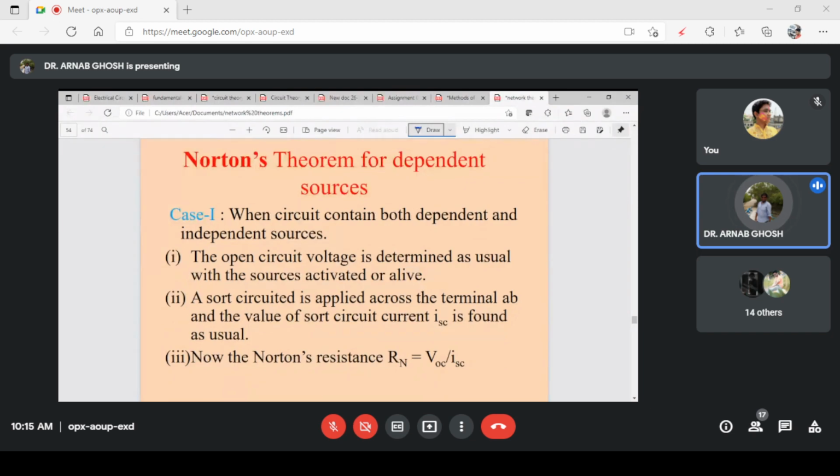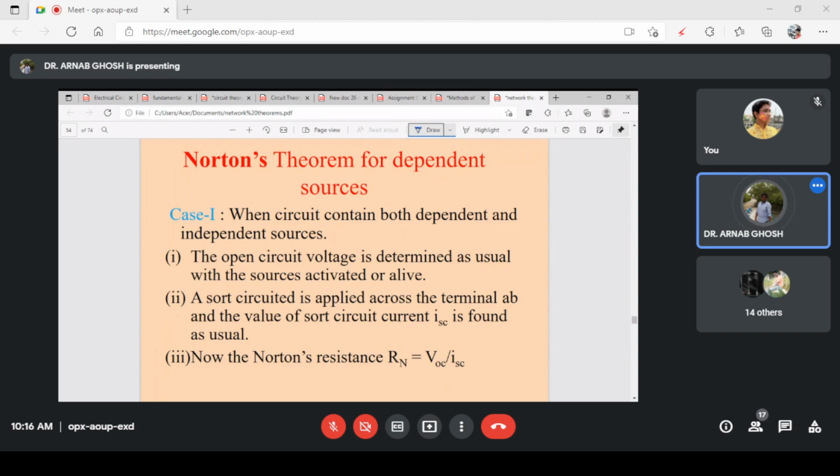Do you remember for Thevenin's theorem as well, when there was an independent as well as a dependent source, what we did? We calculated the open circuit voltage in case of Thevenin's theorem when there was a dependent source. Then we short circuited the terminals and calculated the short circuit current. And we found that RTH, which will be here Rn, is equal to the open circuit voltage divided by